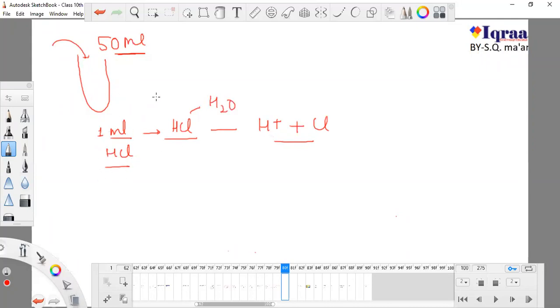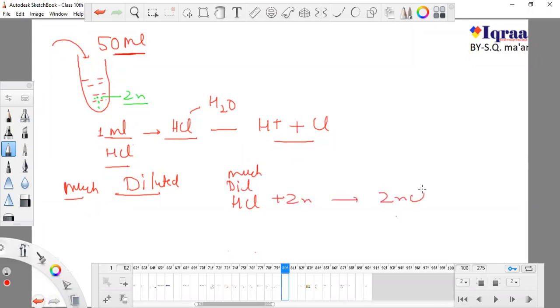It will become very dilute, because I'm adding 50 ml of water to 1 ml of HCl. If I add zinc granules to this test tube, which was previously filled with HCl and then we added water, the amount of HCl is very less and the amount of water is much higher. So it will become much diluted, and if there is a reaction, it will form ZnCl2, and a negligible amount